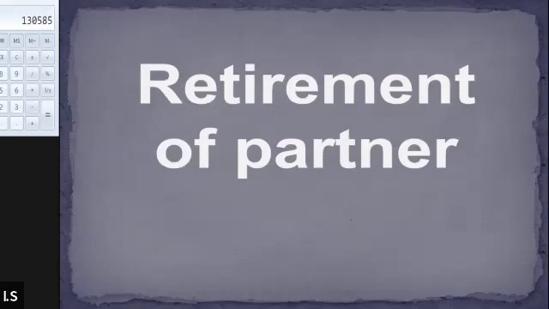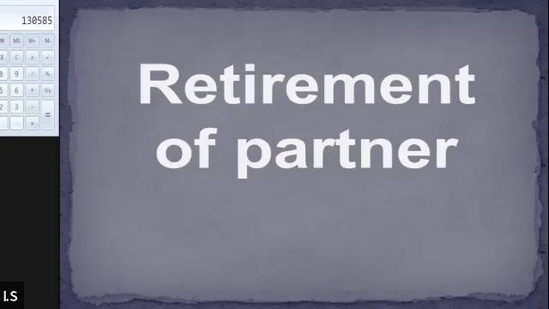Okay, let's start with the retirement of partner. I'm sure that all of you already understand the meaning of the retirement of partner. Now, what do you mean by retirement? Aman? A partner is going from the firm, that is considered as the retirement. Yeah, that is it. So when the partner goes out of the firm, it affects the existing profit sharing ratio, right? Some partner will be gaining obviously because of the retirement of the partner.